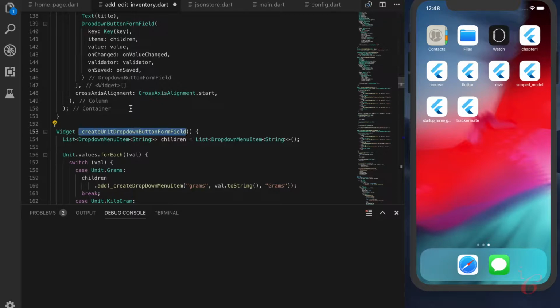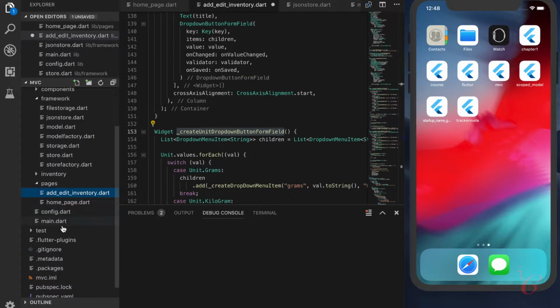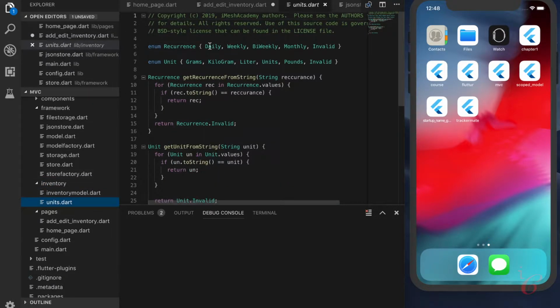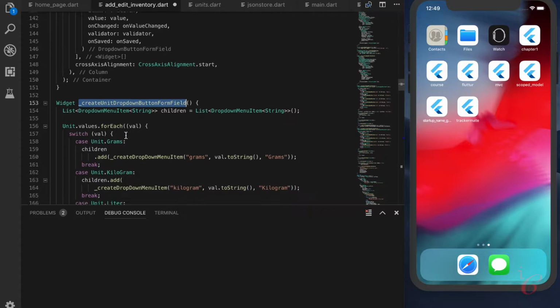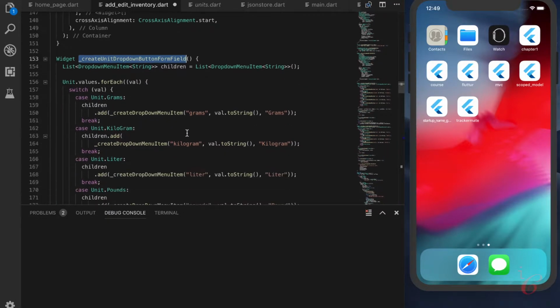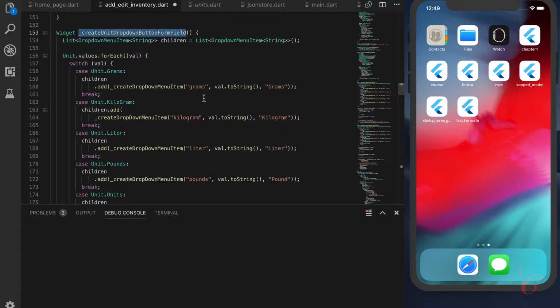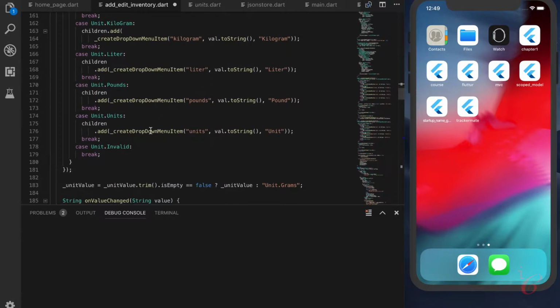drop down item. If you have noticed the code, what you can see here is the units where you have daily, weekly, bi-weekly, monthly, and invalid for the recurrence part, as well as you have grams, kilograms, liters, units, pounds, and invalid. We are not interested in the invalid part when we are displaying this unit field to the user. We use the iterator or the values available in the unit enum, and we just do the comparison and provide a meaningful name for everything, and we just use the helper function